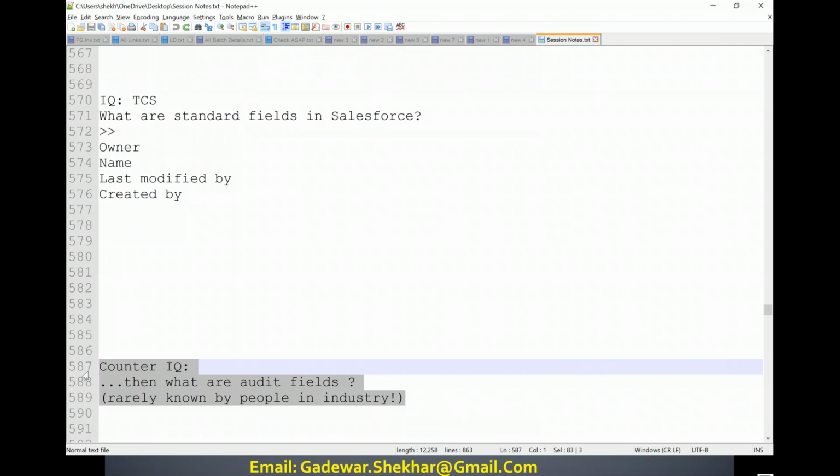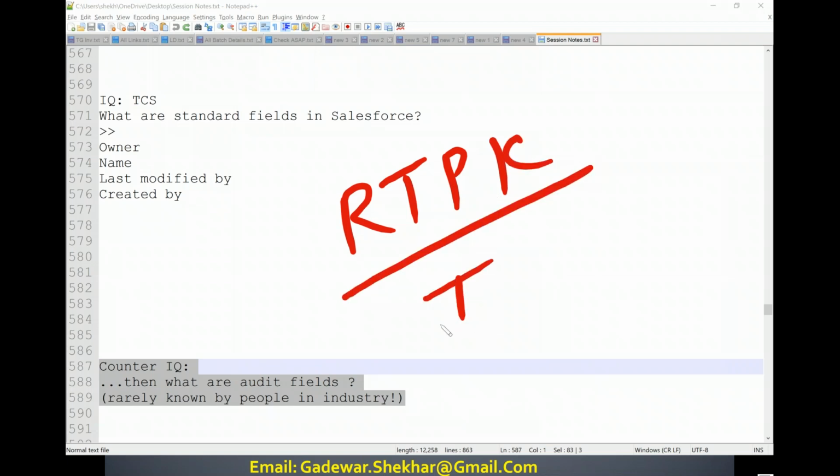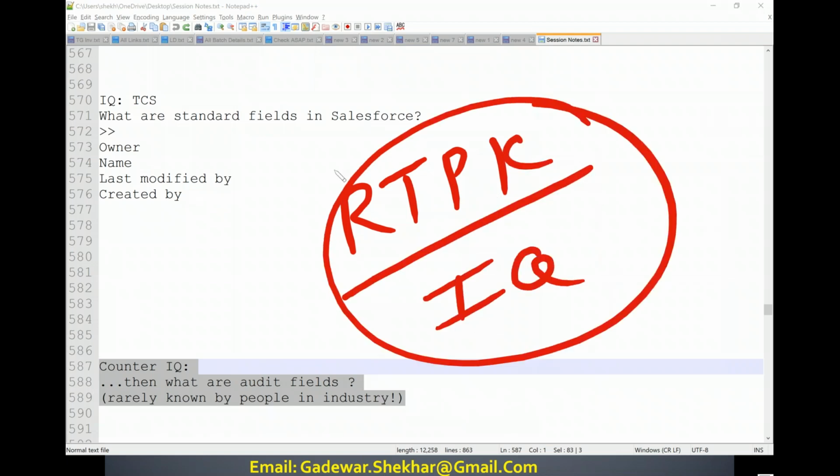Please note here, the target of this course is not only to give you lots of real-time project knowledge, but also to prepare you for interviews side by side, because ultimately you are going to get money in the market only after getting a job, and that is going to happen only when you perform well in the interview. Otherwise, the entire knowledge is useless. So here we also focus on those questions which most people in the market don't answer, to take the benefit